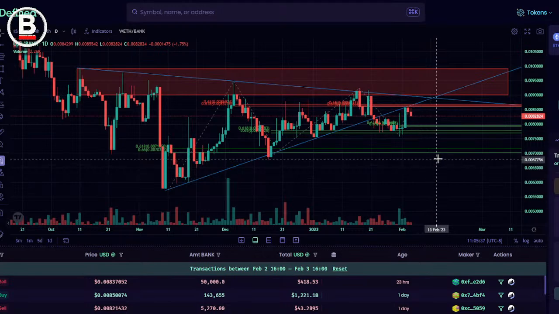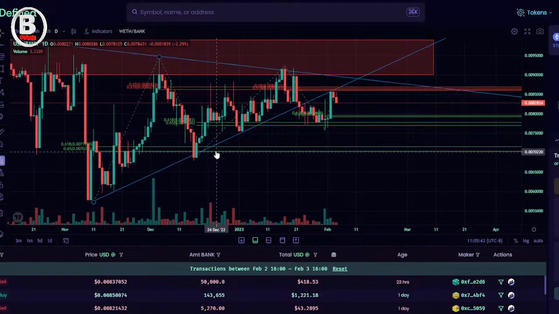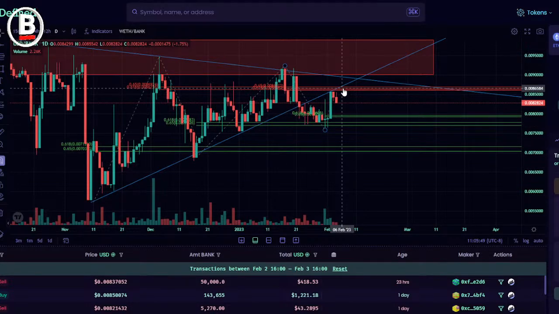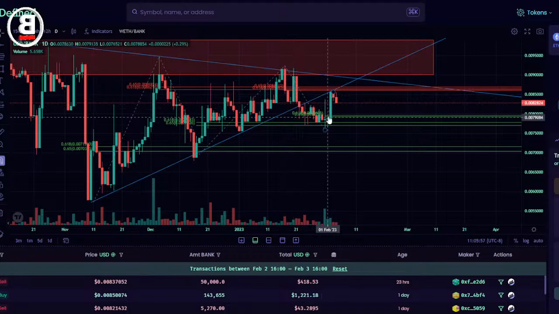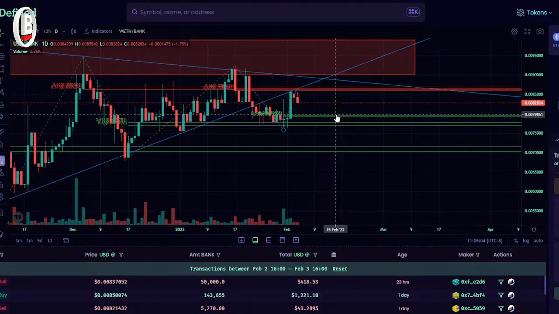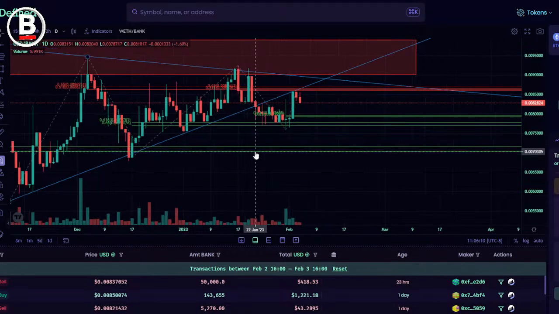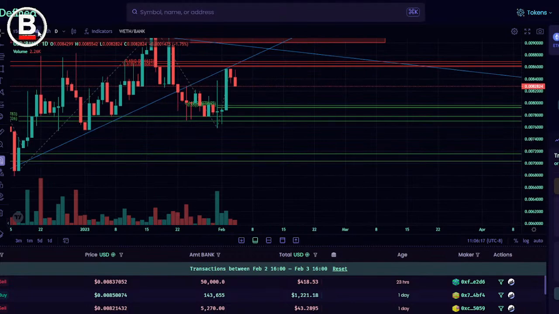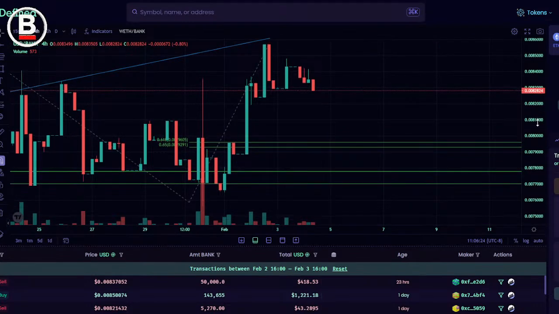I don't want to give too much weight to this broken line of support. However, we see a clear rejection of this support, a test of that support, and another rejection of it. That being said, we have found support on some key horizontal fib levels, and when we get down to the 4 hour on the bank token, which is an insanely low time frame,